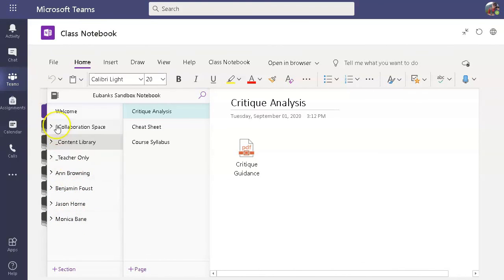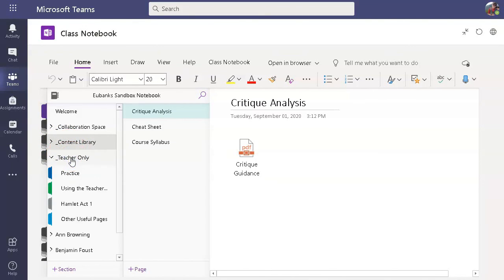So everyone will have these 4 sections, and then depending on your roster, these sections here will vary. So spend some time playing around in this area, looking at what you've got. Now you will have the introduction pieces until you know more about Notebook and until you play around with it some. And when I say introduction piece, basically what that means, let's see here, is you're going to have